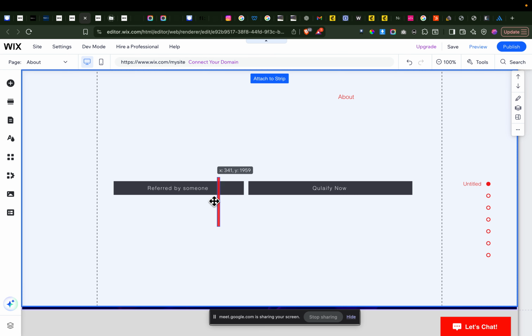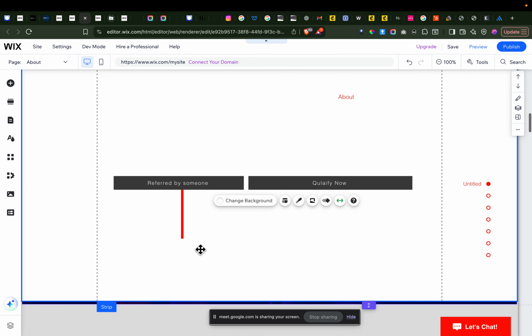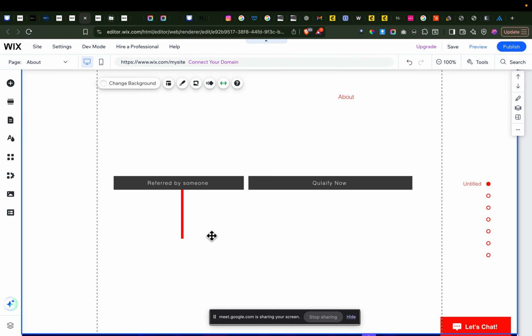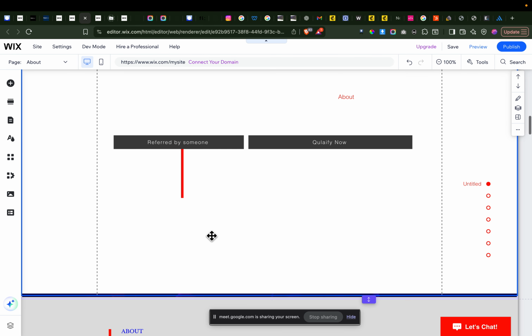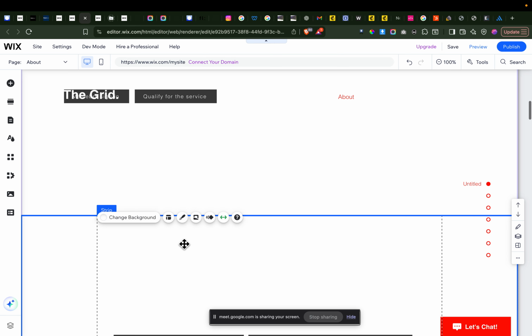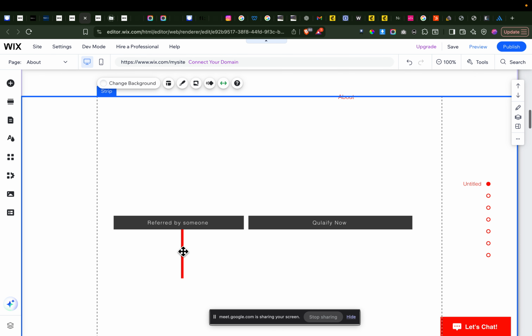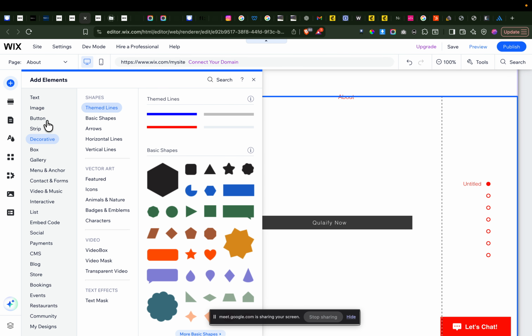So this line, we take them to a form. It can be a pop-up form. So this will take them to, let's say, test.